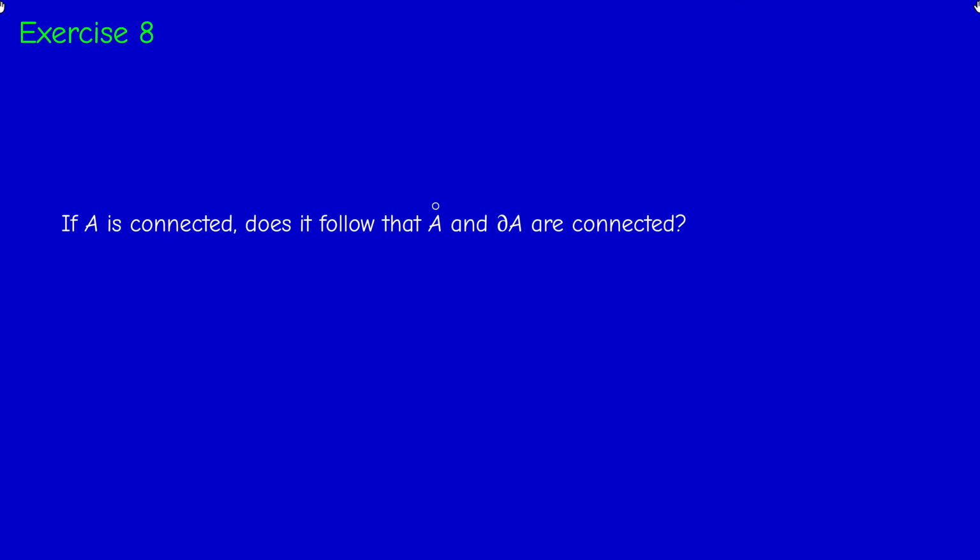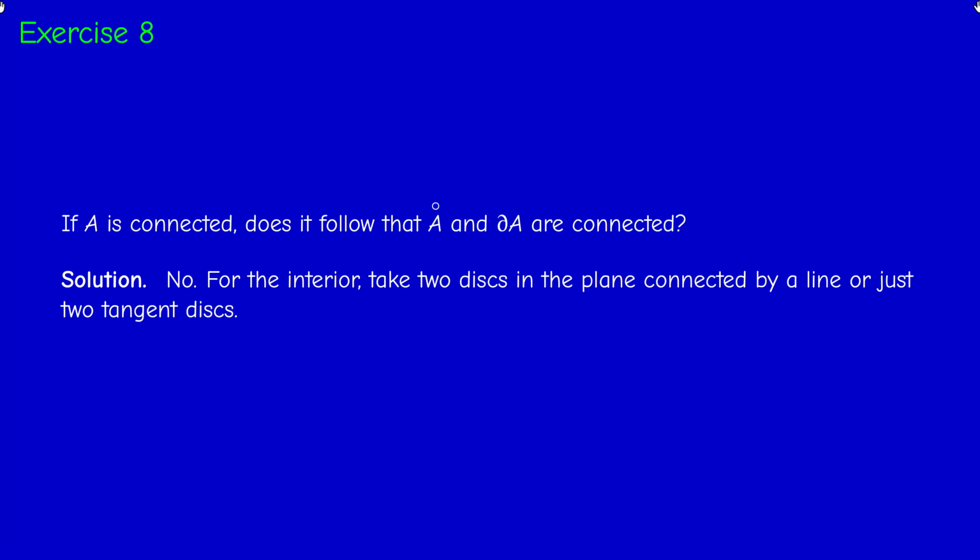But what about the interior and the boundary? Okay, here we need some imagination, actually. So the answer to both questions is no. And this is one example. If you consider two closed disks in the plane that are connected by a line segment joining them, you